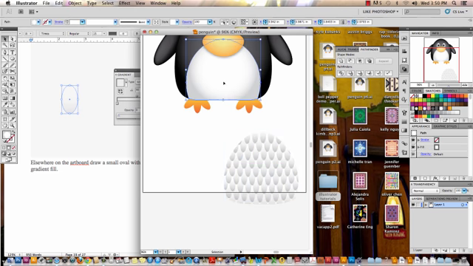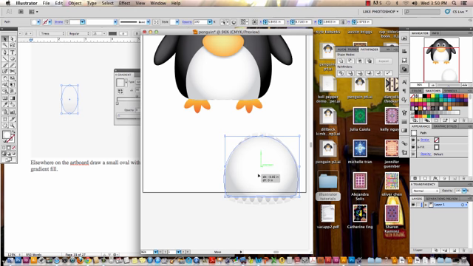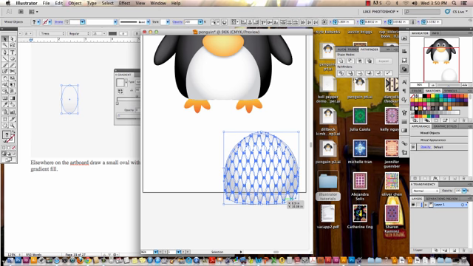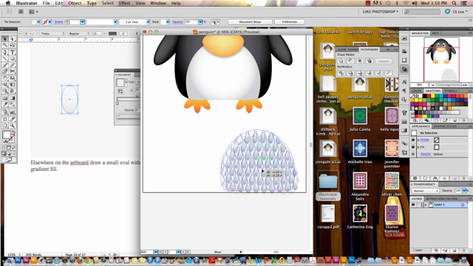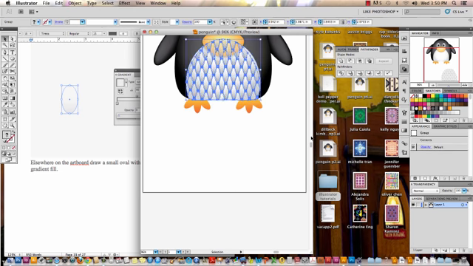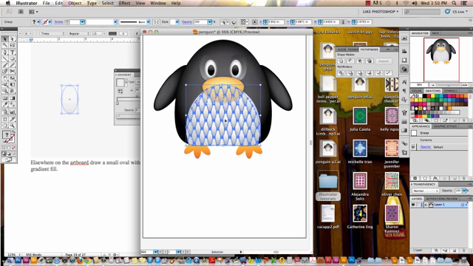And then I'm going to do the same thing I did before. So copy, paste, Command C, Command V, set your penguin belly on top of your feathers. If you want to, nudge them at all, you can kind of do that to see. And then grab them both and just choose crop. And so now we've got our feathers. And so we'll place them